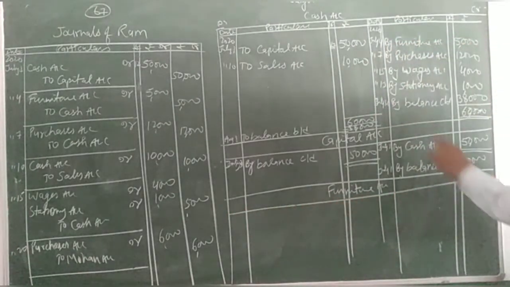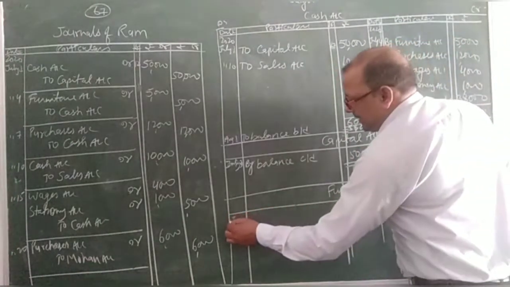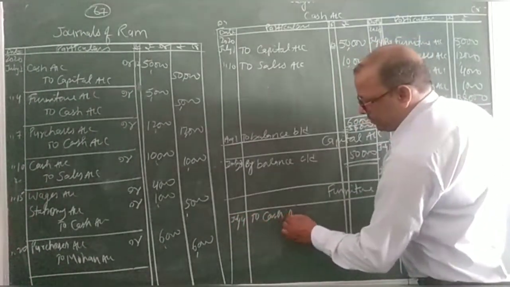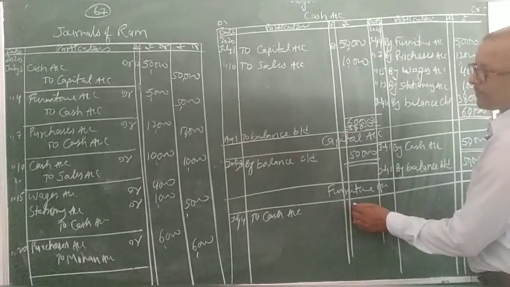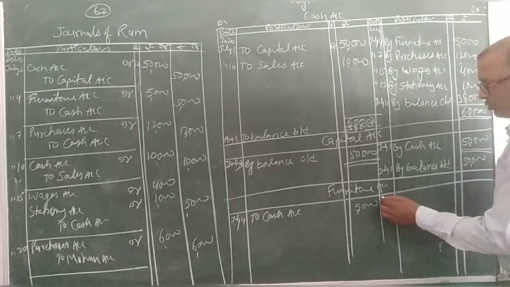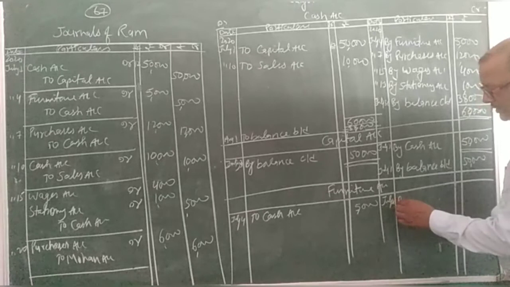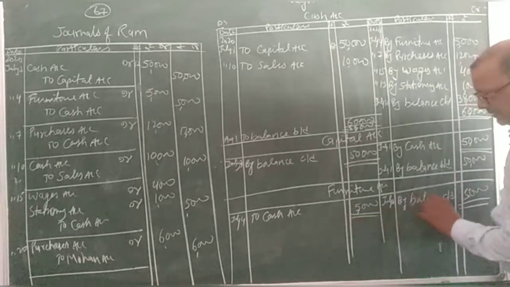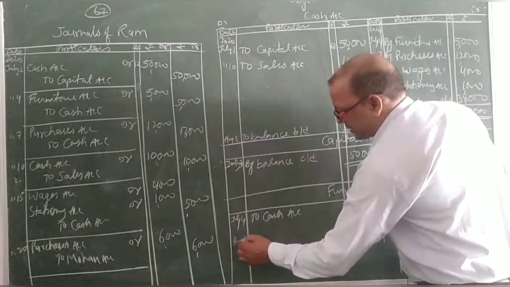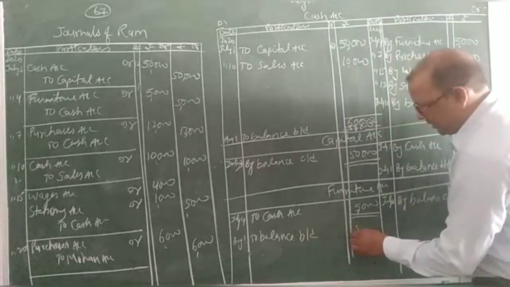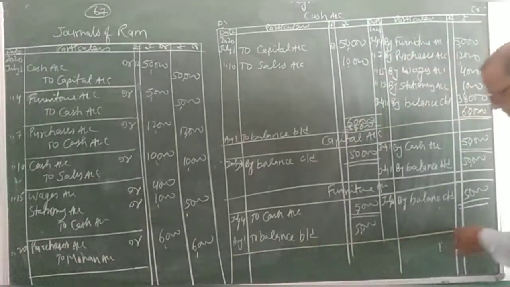After the cash account and capital account, the next account is furniture, which is a real account. It is also posted like that. Furniture is debited, so posting is on the debit side. On July 4, the opposite account is cash account, so to cash account it is 5,000. No more transactions related to furniture, so it will be closed on the 31st, the last day of the month. Balance C/D is 5,000, and then this balance will be the opening balance on August 1st: to balance B/D, it is 5,000.